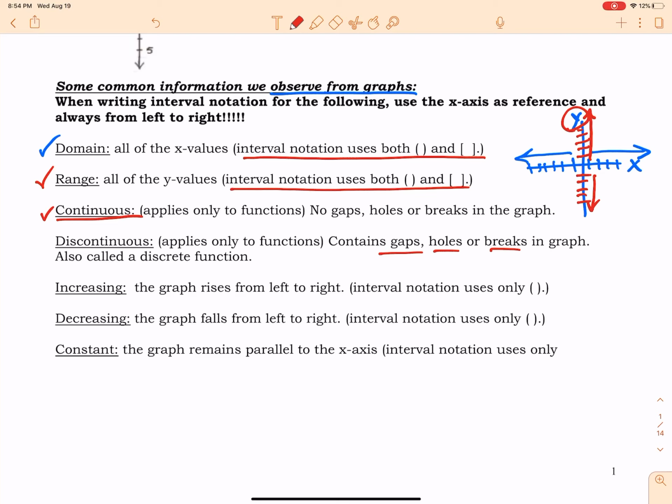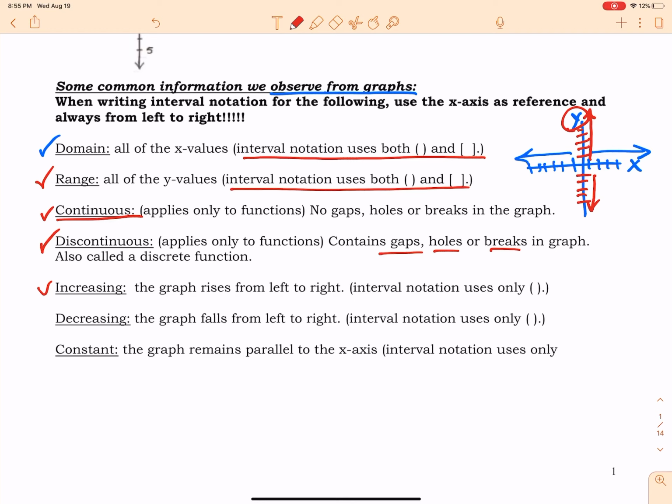And if you'll think about the parent functions, going back to that video, some good examples of discontinuous functions would be the reciprocal function and also the greatest integer function. Those are both great examples of that. So that's discontinuous. Increasing, this one can get tricky because you have to pay attention to the physical movement of